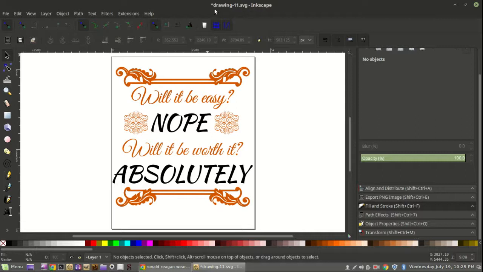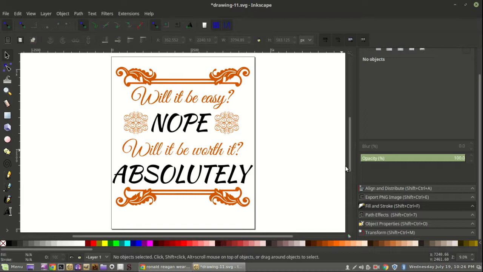As you're working on this file, like with Inkscape, it says drawing 11. I did actually already save this because I wasn't sure when I'd make this next video, but I went ahead and did it now. If I hadn't already done it and I click Control S now, it would give me the option to save it as drawing 11 SVG, because I have 10 other drawings saved. That's going to save it as a workable file, and you want that